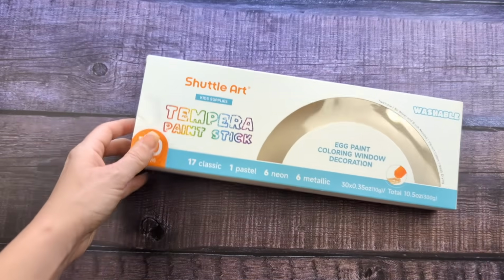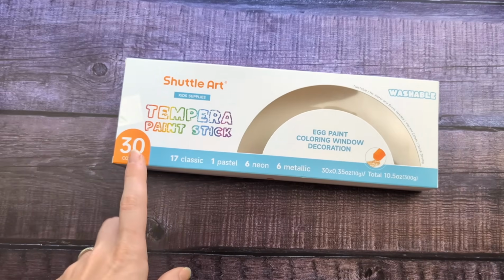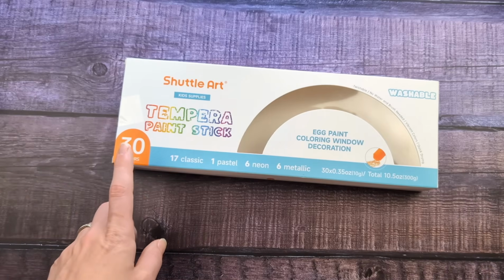From there we're into my cross stitch stuff that I got. Oh no, hang on, one more thing for colouring. I did buy a little while ago the 20 set of pastel tempera paint sticks. I really enjoyed working with them, and when I had a look, they had the 30 original colours. I think you can get this in a 32 as well, I'm not sure of the difference, but the 30 set